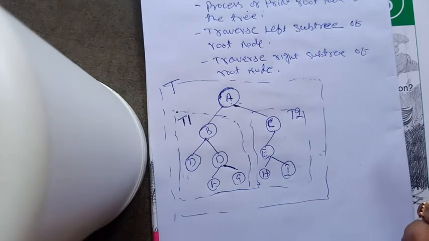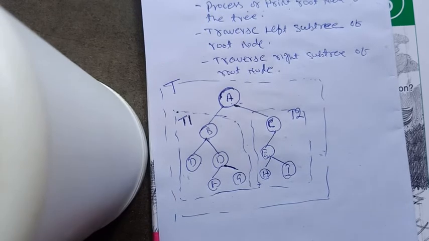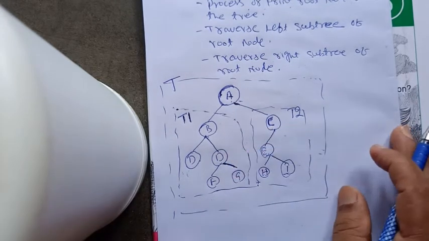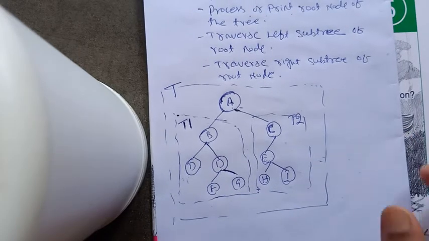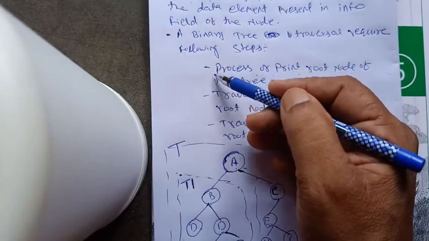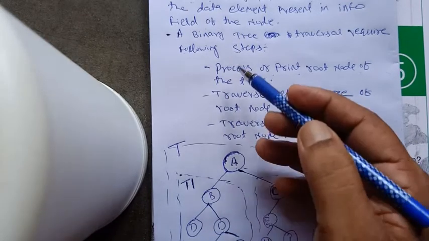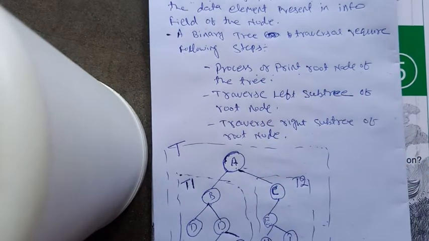Okay, so traversing a binary tree is actually a recursive process. Recursive means that to traverse a binary tree, you have to traverse its left subtree as well as its right subtree. So the concept of recursion comes here. Now depending upon the sequence, when I say these 3 steps, we can alter these 3 steps, because a binary tree is a non-linear data structure.